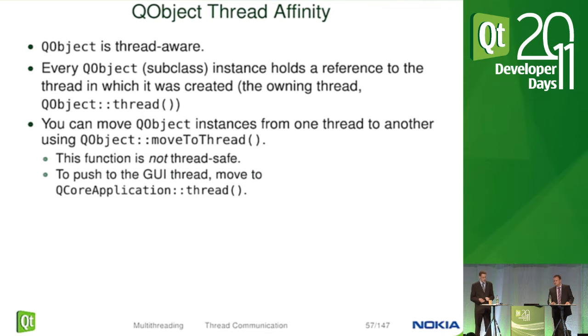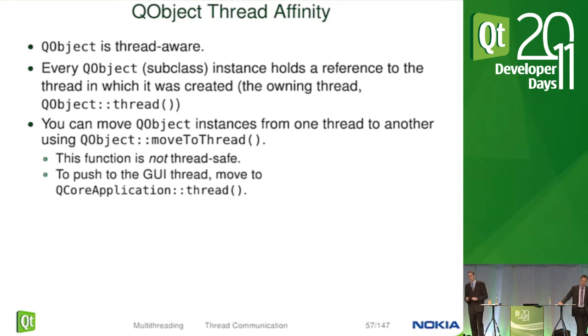That's what's called thread affinity. So each object knows in which thread it was created, or its parent was created. So it usually inherits the thread of its parent object, unless you don't specify a parent, and then it's the thread in which you create that object that defines